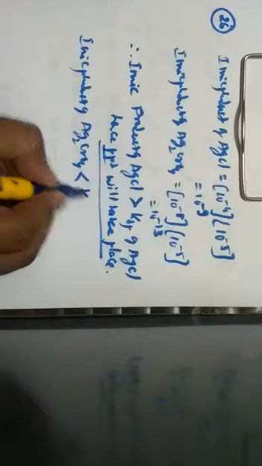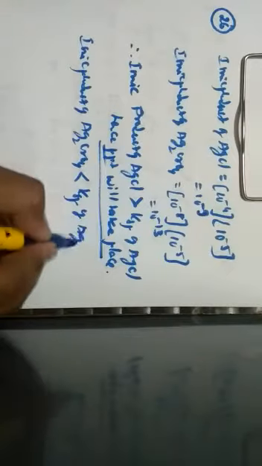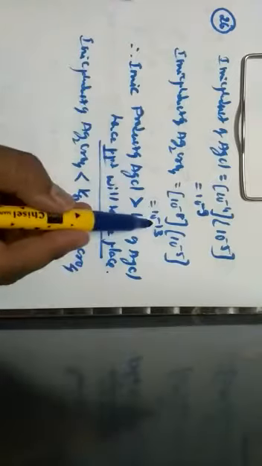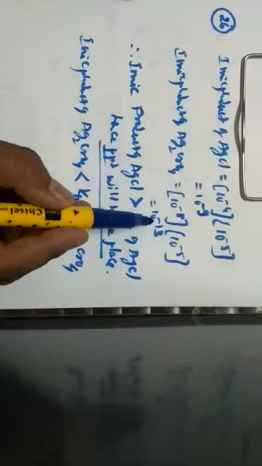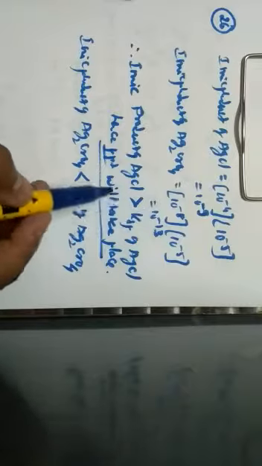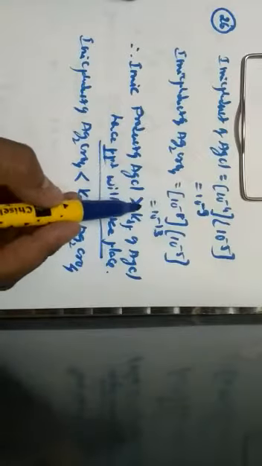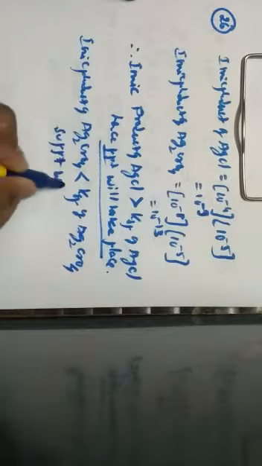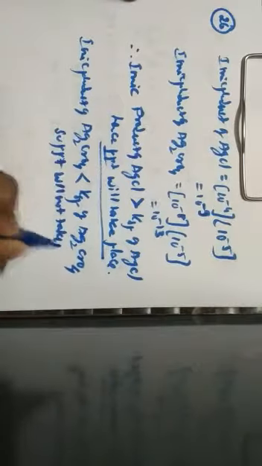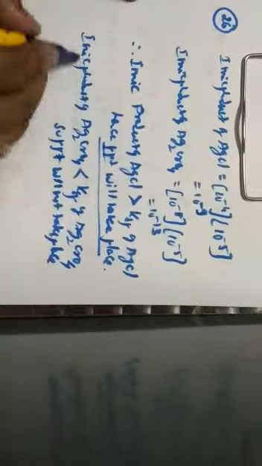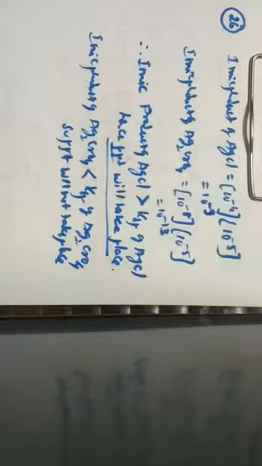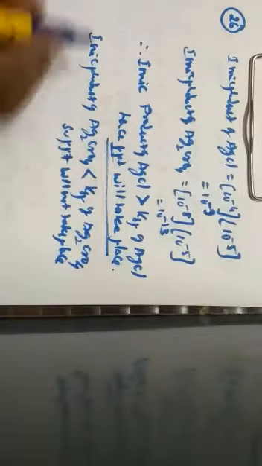In the same way, the ionic product of Ag2CrO4 is less than the solubility product of Ag2CrO4. That is, the ionic product of Ag2CrO4 is 10 to the power of minus 13, whereas with reference to KSP, it is 4 into 10 to the power of minus 12. So in this case the precipitate will not form, because here the ionic product is less than the solubility product. By this I can clearly tell that silver chloride gets precipitated first, which is given by option C.